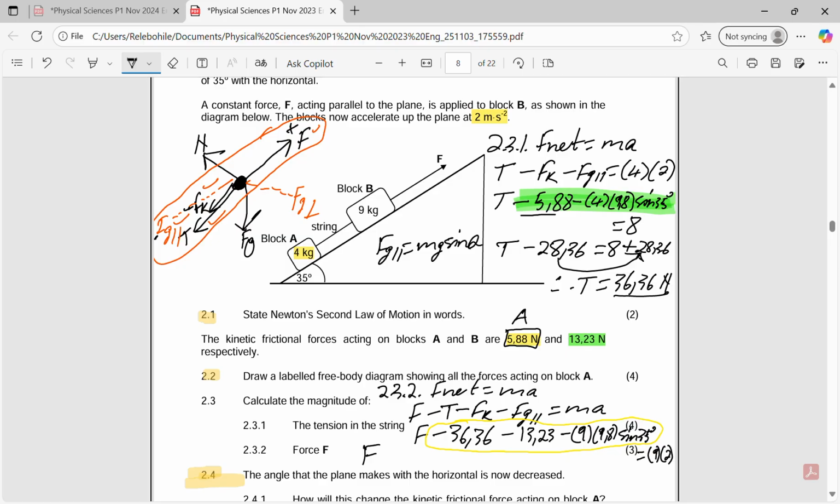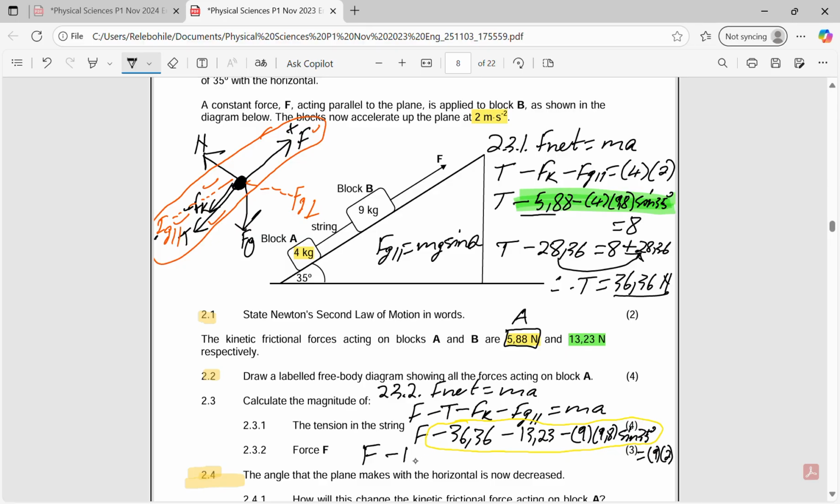So what I'm gonna do on my calculator, I hope you are doing this as I'm doing it too. I will say negative 36,36 minus 13,23 minus open bracket 9, close bracket, and then open another bracket 9,8, and then I will close my bracket and then press sine 35, and then close the bracket and say equal to. So the value I get when I put all of these, guys, that I've circled in yellow on my calculator is